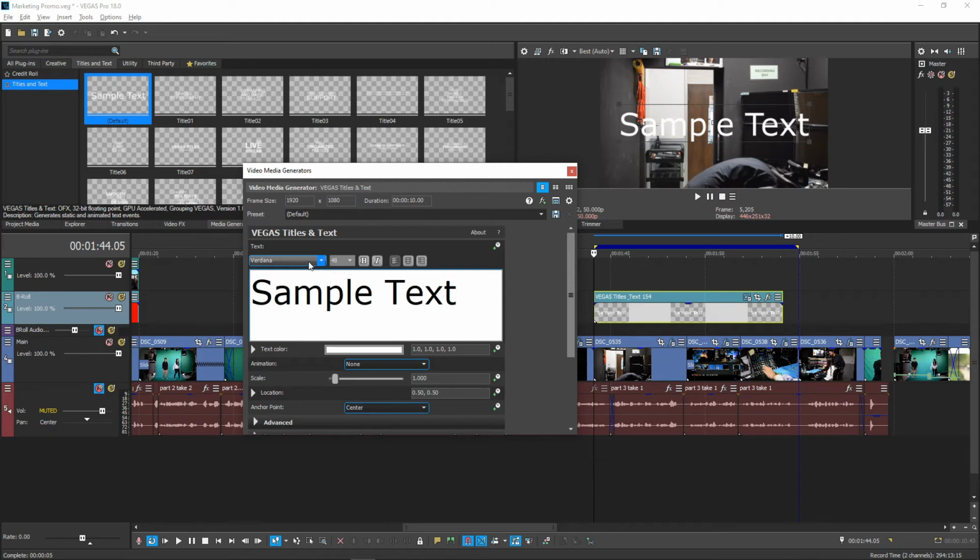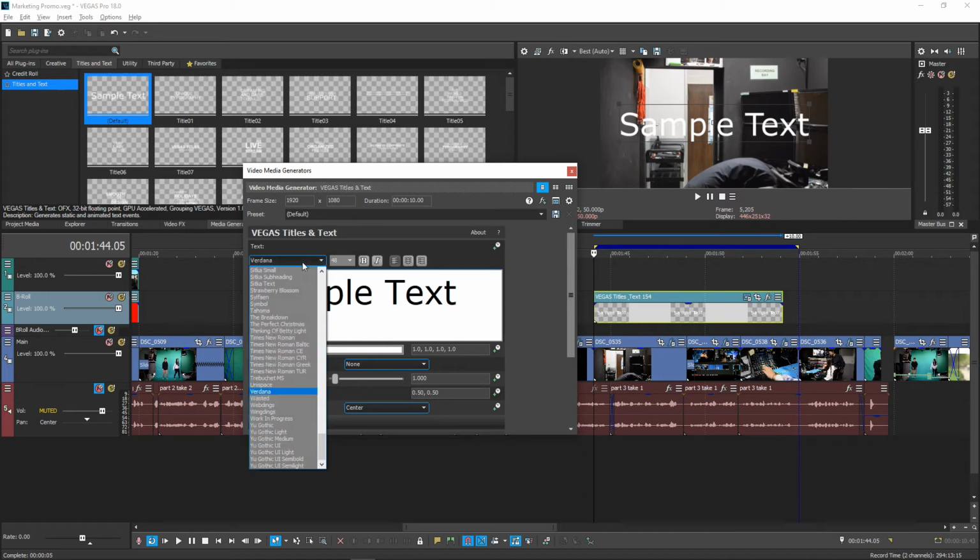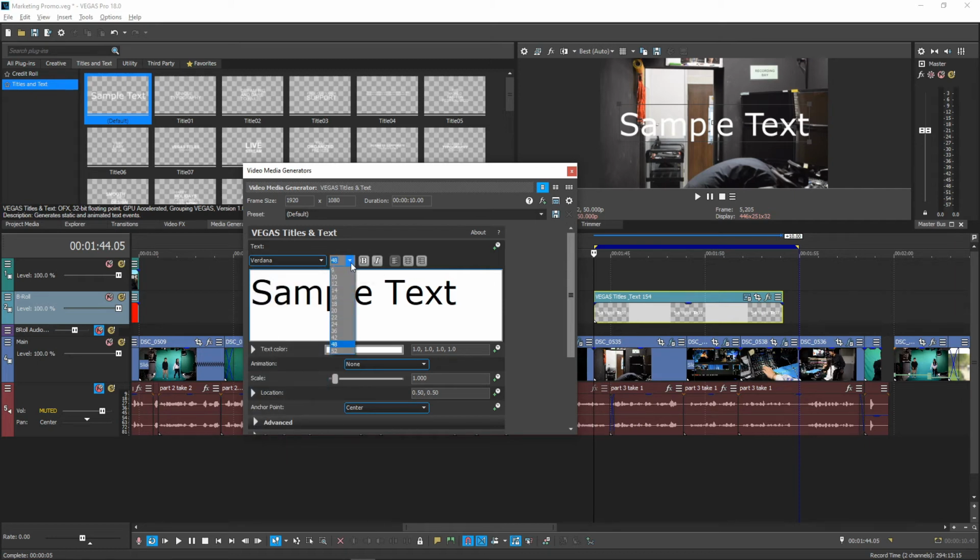The text settings work much like any other text editor you may have used, like Microsoft Word or Google Docs. So all that is the same. You can choose your fonts here in the drop-down menu, size next to that, bold and italics right after, then alignment choices at the end.